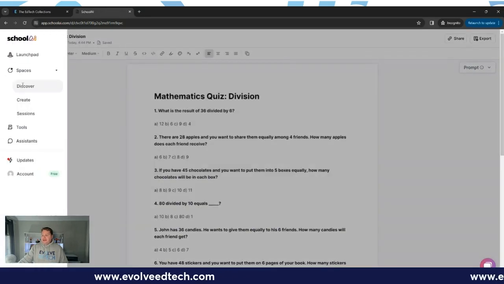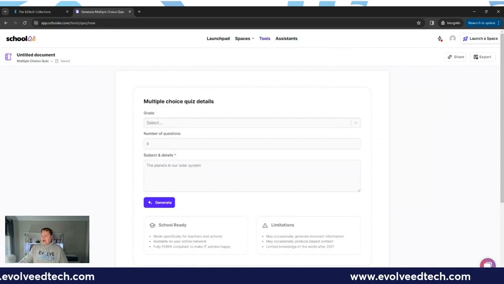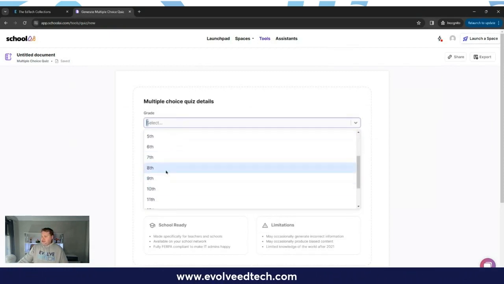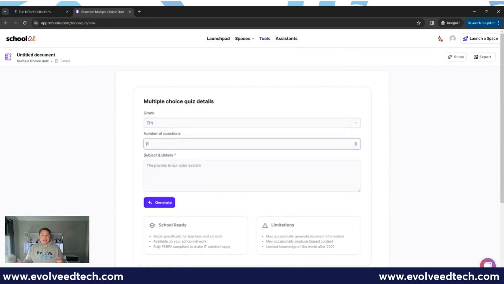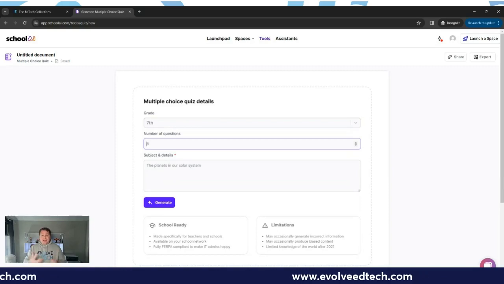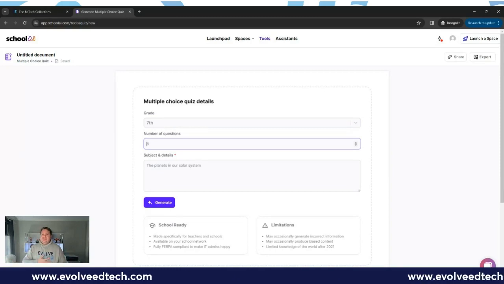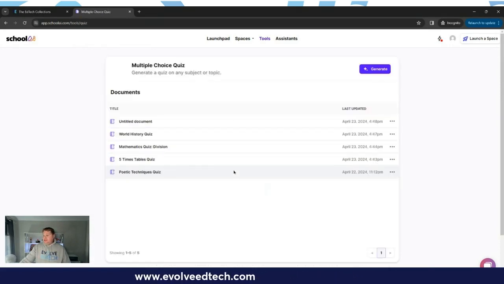Let's head back to our tools. Let's create a new one for somebody that might be working in a high school. So I might choose year 7. Year 7 here in Australia is mainly a high school year. It's the beginning of their high school journey. They've moved up from primary school, and it's an interesting time, especially as somebody who has a year 7 class at the moment. I'll just show you one that I created last night when I was playing around with